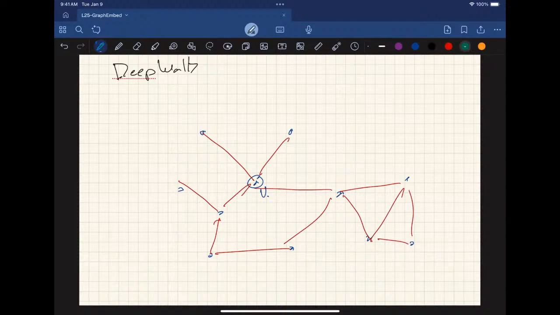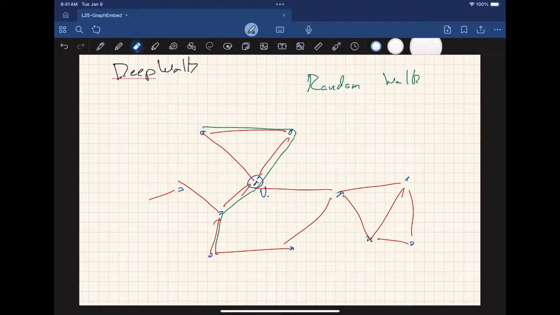Okay, and these probably go off. So now I'm going to think of how do we get something like sequences of words? We're going to replace this with sequences of vertices, and I'm going to do a random walk in the graph. Right, so this would be a random walk in the graph,